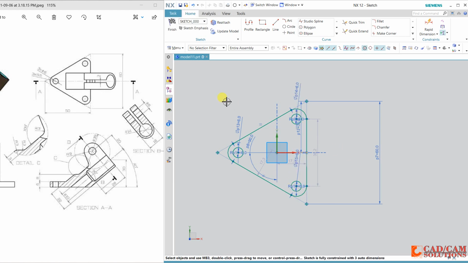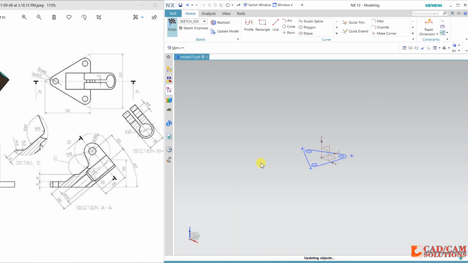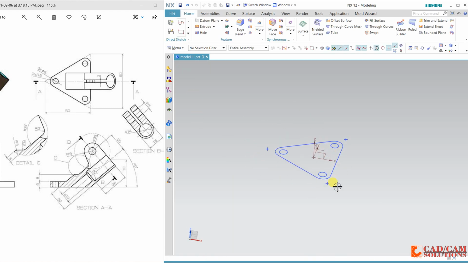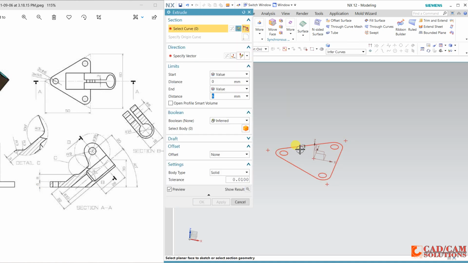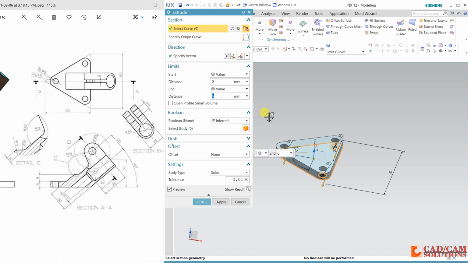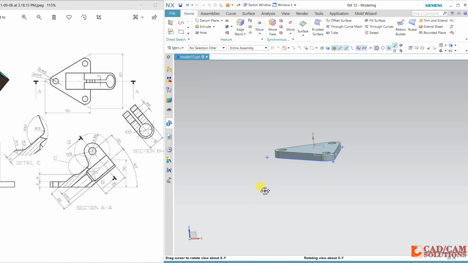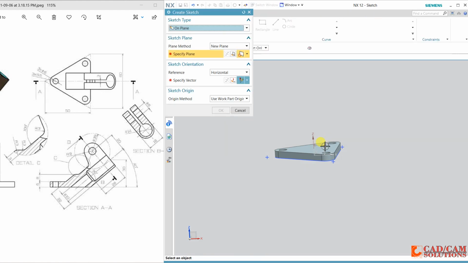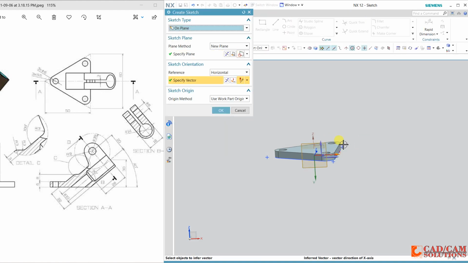Now finish and extrude this to 6, or is it 5? I think it is 6. So extrude, select 5, and okay. Now I will start with the front view. Click OK.